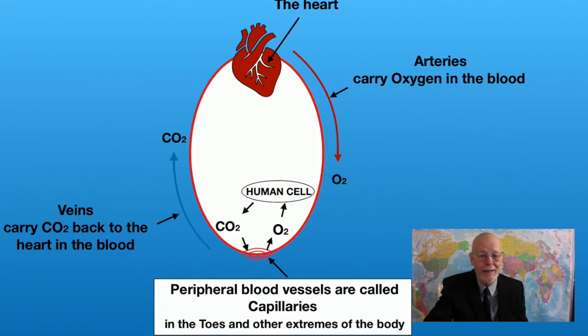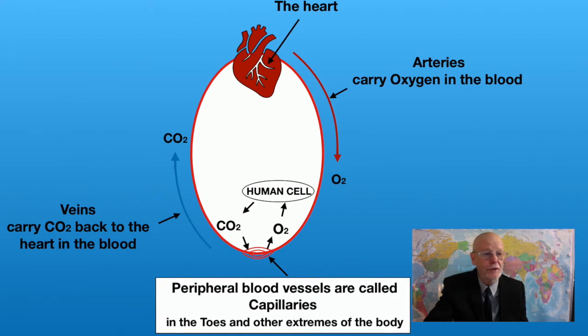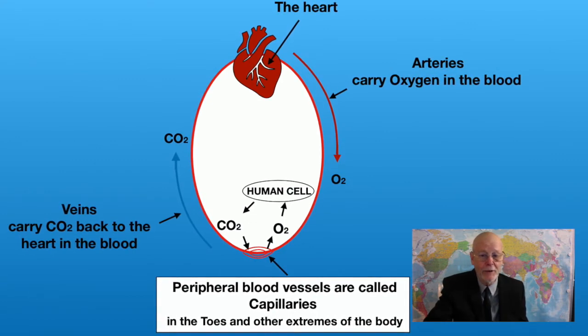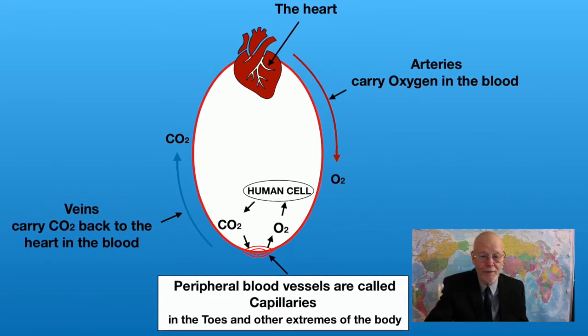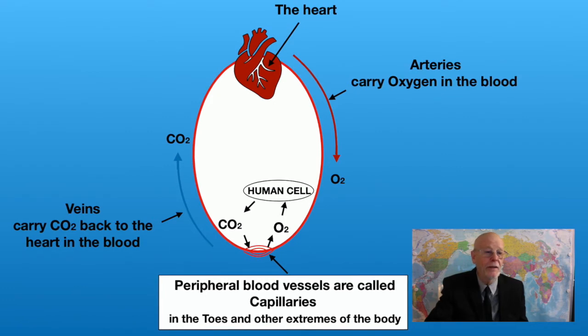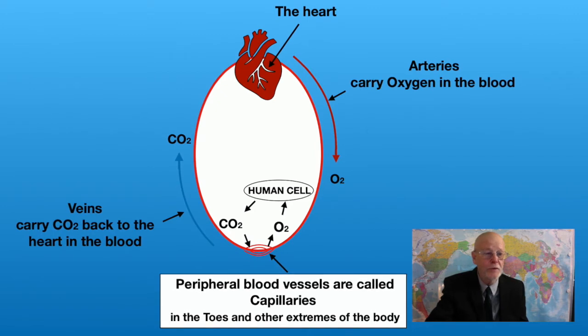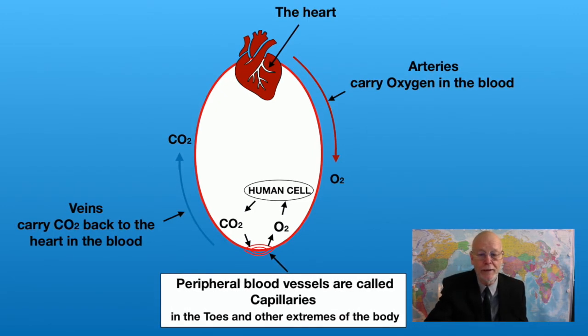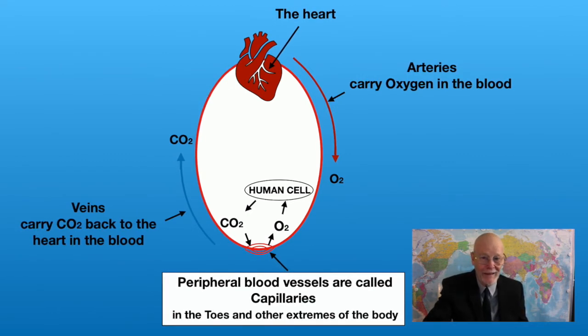Because the liquid has passed out of those very fine blood vessels, the blood pressure drops. And the carbon dioxide, which is formed outside of those vessels, is drawn in. And so the blood which leaves has carbon dioxide in it, and it goes out through small veins called venules, out through the venous system, and then larger veins, the leg veins, and then the abdominal veins, and then the vena cava and back to the heart. So the blood containing carbon dioxide then gets pumped back into the lungs